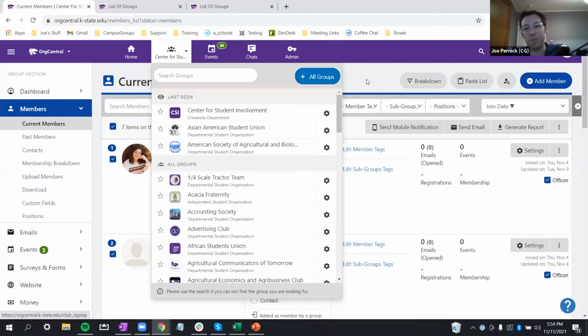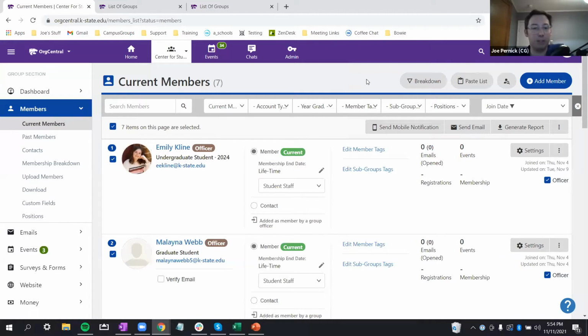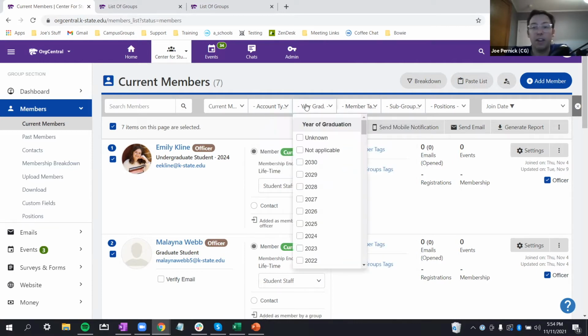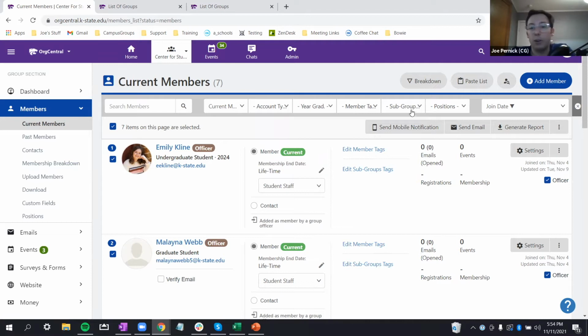All right, cool. Let's take a look at actually sending an email. So as an officer of a group, you'll only be able to really communicate, send emails to people who are either members or contacts. So you can do that here by going to your list of members or contacts. You can select all. You can even filter by the type of, if they have any tags, if they are a certain grad year,